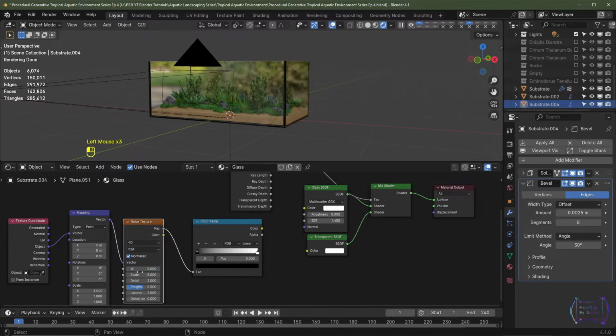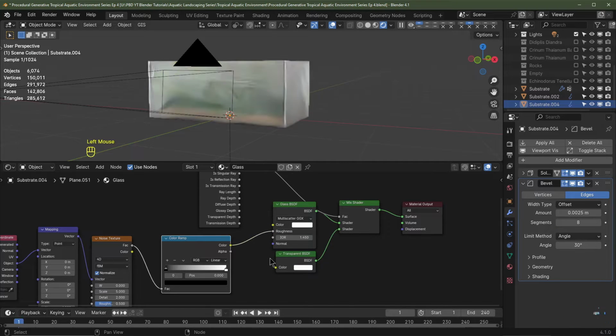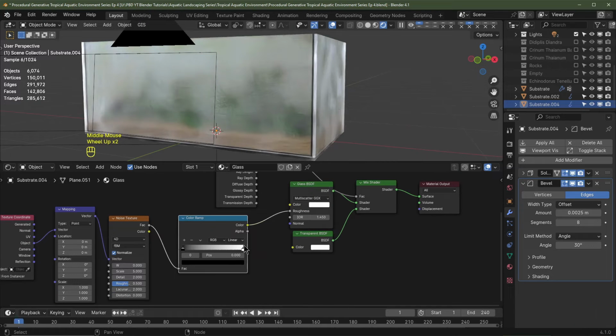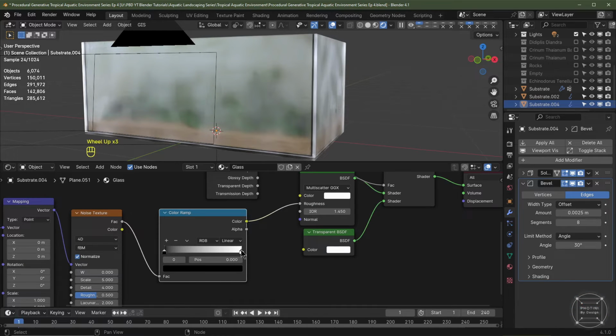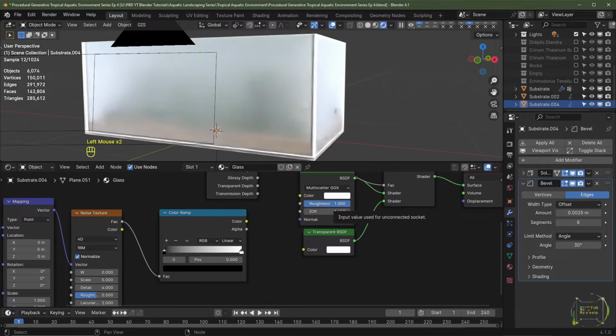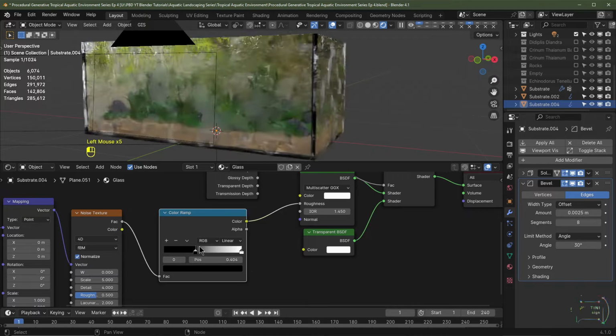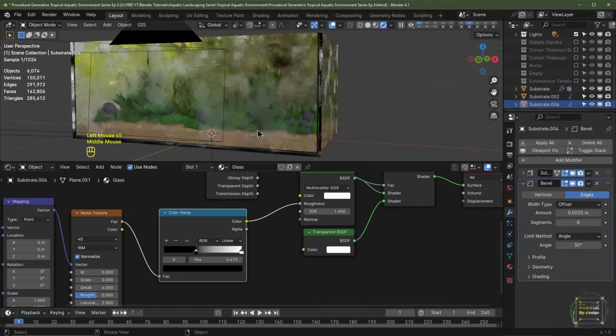I'm going to change it to 4D as well, why not? We've got the option there. I then plug that color ramp into the roughness of the glass BSDF. As you can see, it's a bit misty now, not exactly what we want. I'm going to turn the detail up to 4. And the way the color ramp works, black is 0 and 1 is white. So with the roughness factor, 0 is black, 1 is white, like fully rough, and we can use that to our advantage. Plug the color ramp in, we drag this flag across till we get something around about there, and